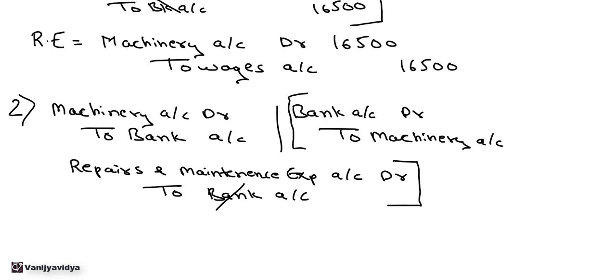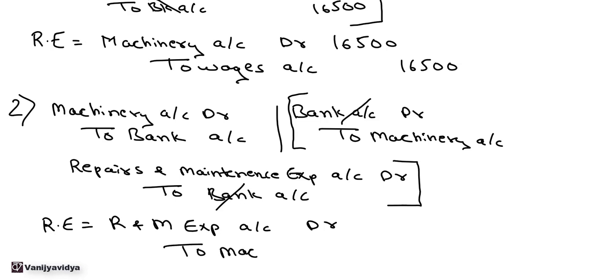So bank account debit here, bank account credit gets cancelled. So entry will be repairs and maintenance expense account debit to machinery account. So your rectification entry will be repairs and maintenance expense account debit to machinery account, and amount is 5,400. So what has happened because of this entry? Your repairs and maintenance expense has increased by 5,400, and we have taken out 5,400 from machinery. Next,